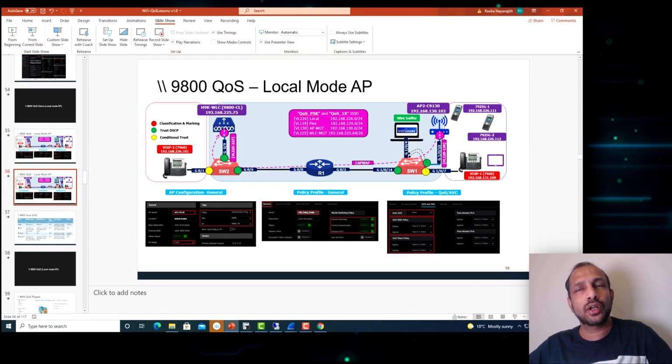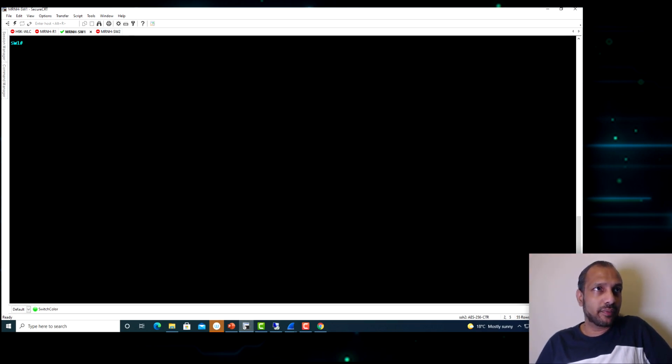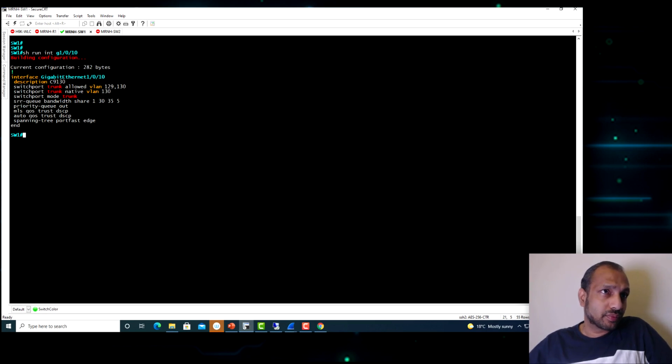So now the one thing you need to make sure of is the AP connected port. In this setup, even though the AP is connected, in my case, show run interface gig 1/0/10.